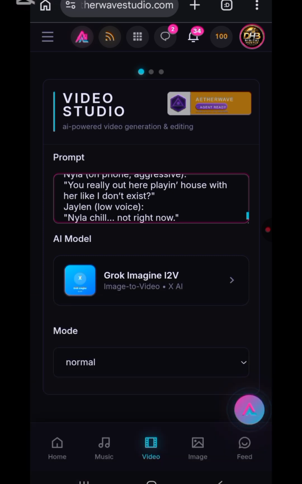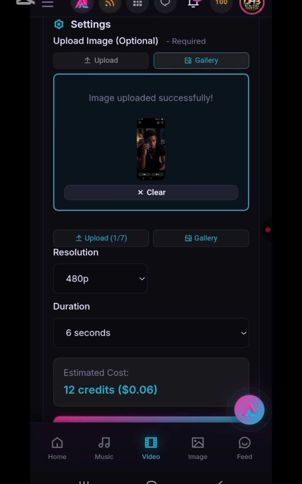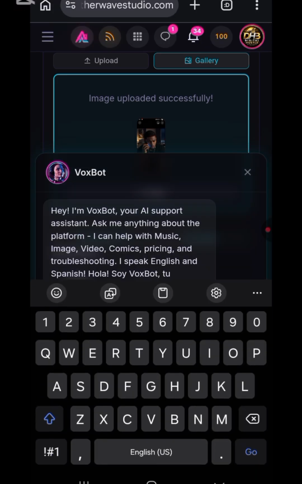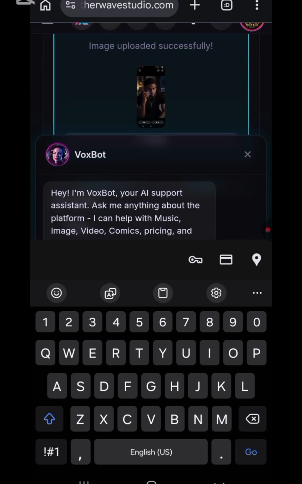Okay, yeah, now we inserted our prompt, and here we've got our reference picture, ratio, 6 seconds. So now we click generate.